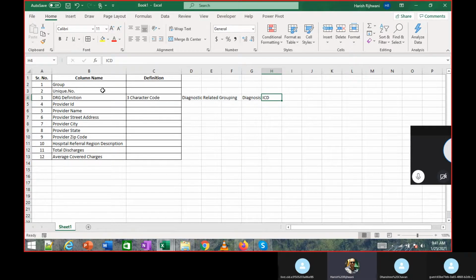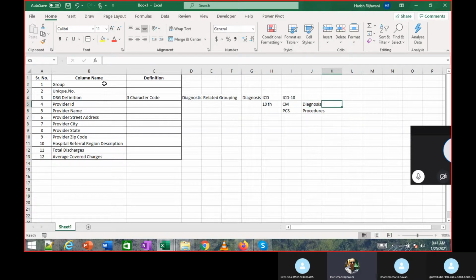A patient can have more than one diagnosis. There can be a combination of diagnoses. The currently used version is the 10th version, so it's called ICD 10. This has two parts, ICD 10 CM and ICD 10 PCS. This gives the diagnosis. This gives the procedures.